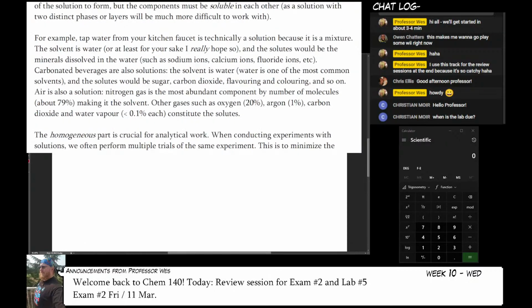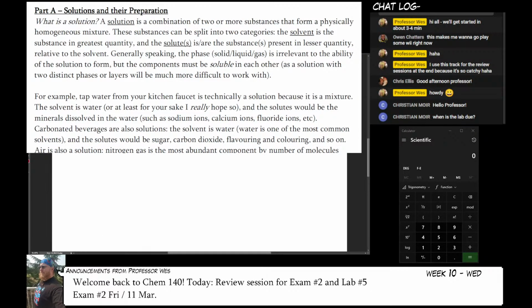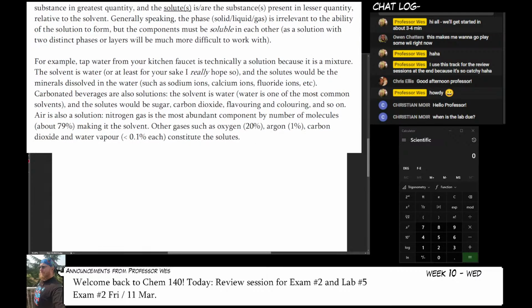So for the first section, we're going to talk about how to make a solution. And so we did this yesterday. This was the whole, I want to make a solution that is this molarity and this volume, but I only have this stock solution handy. What do I do? Write a prep for this. And so if we scroll down,